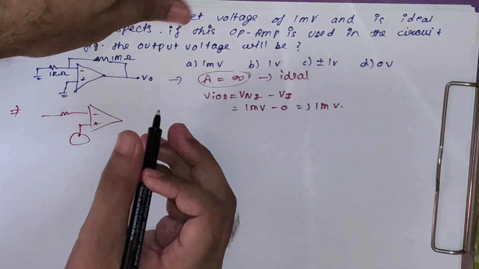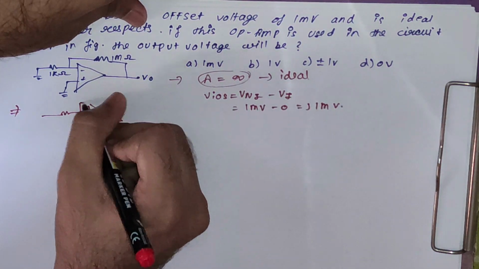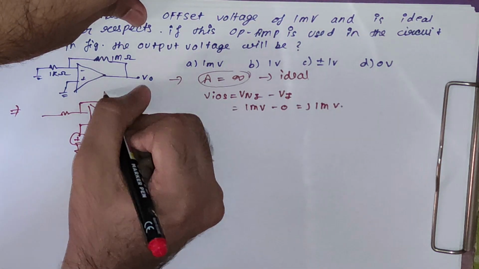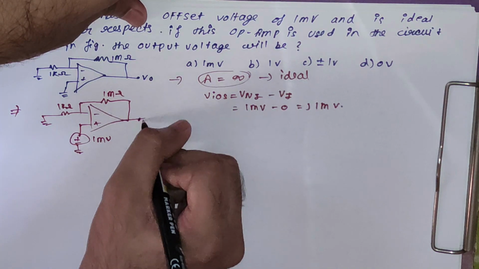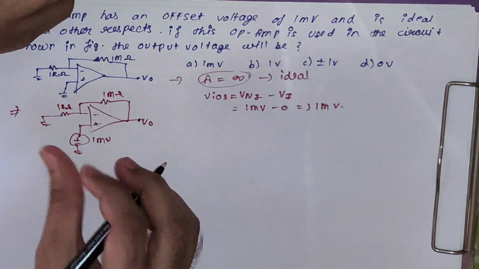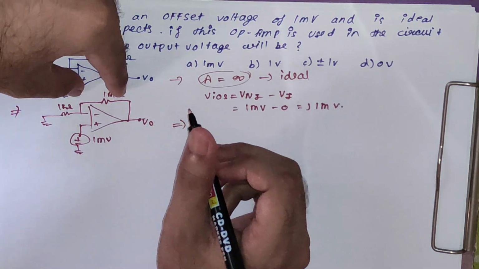Okay, basically you have connected plus minus 1 millivolt here. This is 1k, this is connected to ground. And now if you see, this circuit is a non-inverting amplifier, so you can use the output of a non-inverting amplifier,